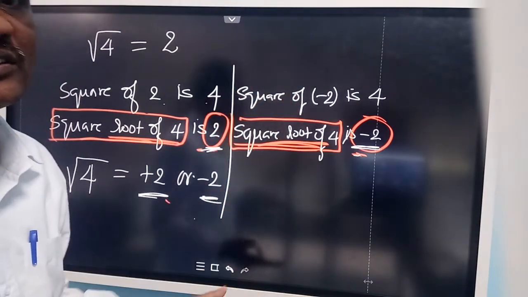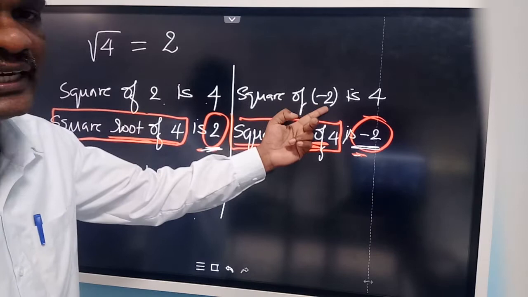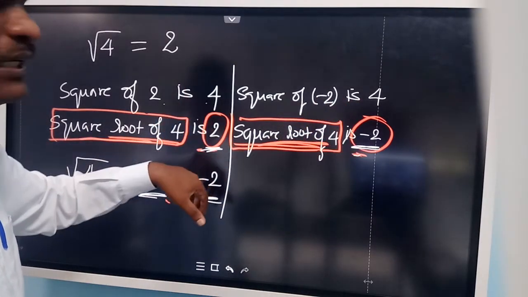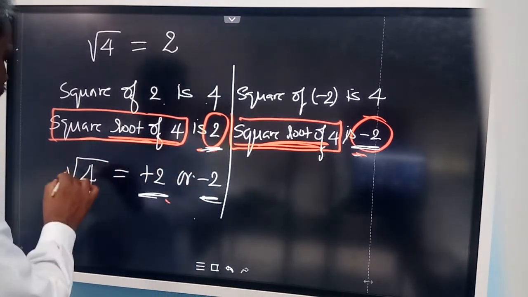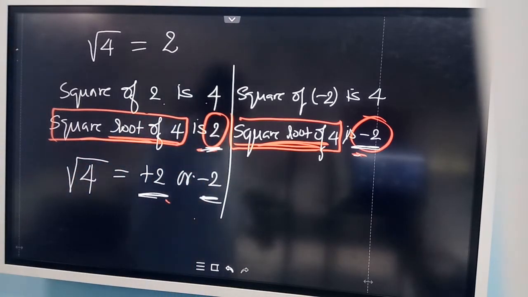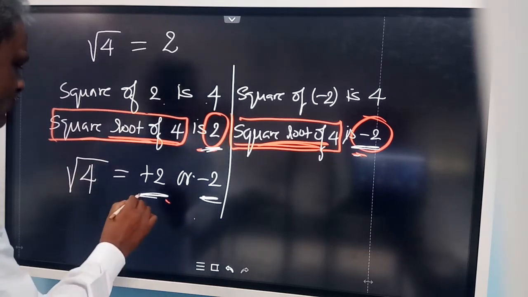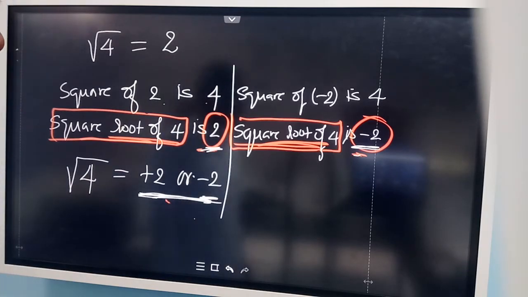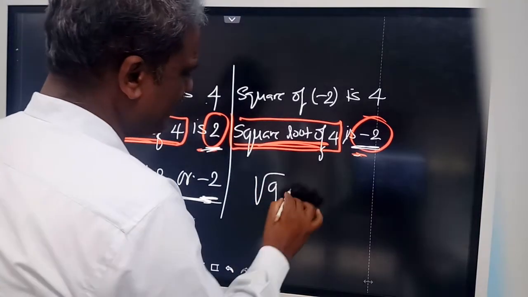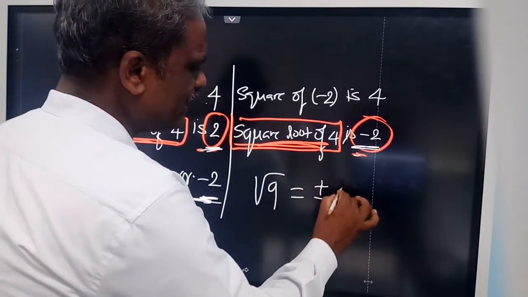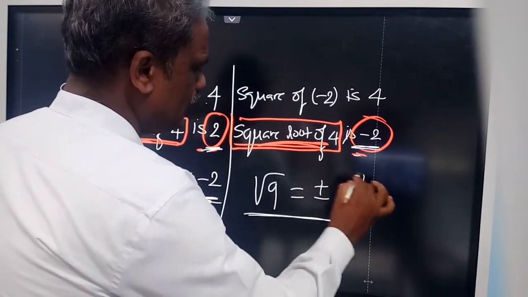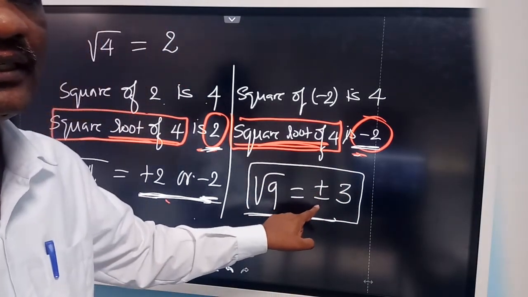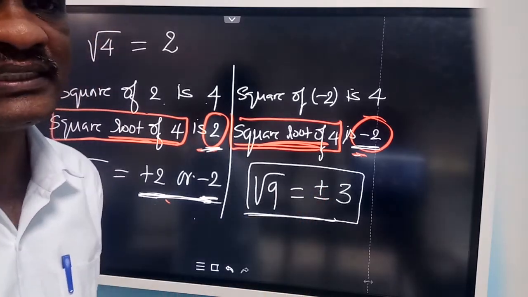What number you have squared, that matters. If you have squared a negative number, you are getting the square root as a negative number only. If you have squared a positive number, then you will get a positive number. But we do not know what you have squared. 4 is a square of a negative number or a positive number. Therefore, square root must be either plus 2 or minus 2. You will always get two answers. Suppose I ask what is the square root of 9, you should tell plus or minus 3. So plus or minus. You can write both the signs here. That indicates it is either a positive or negative number, plus 3 or minus 3.